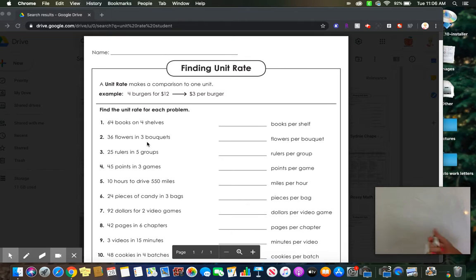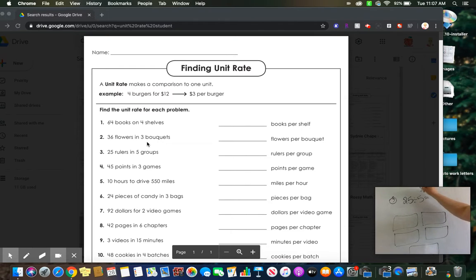Okay, number three. 25 rulers in 5 groups. So 25 divided by 5. Okay, let's say you have tables of students, right? 1, 2, 3, 4, 5. And you have a box of 25 rulers, and you want to give out the same amount at each table. Okay, so 25 divided by 5, you can put it into your calculator, or if you know the fact,